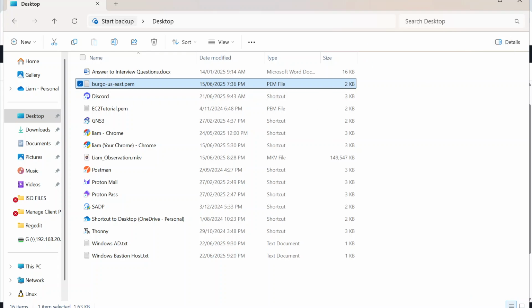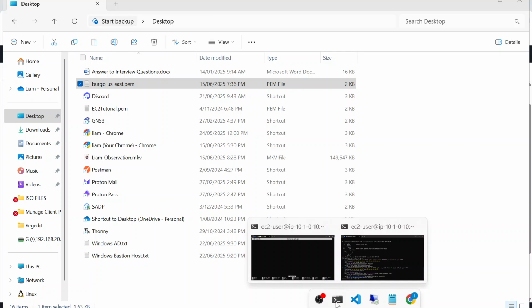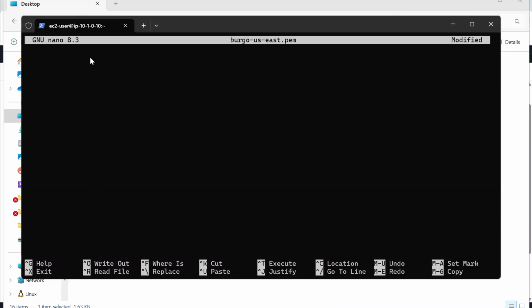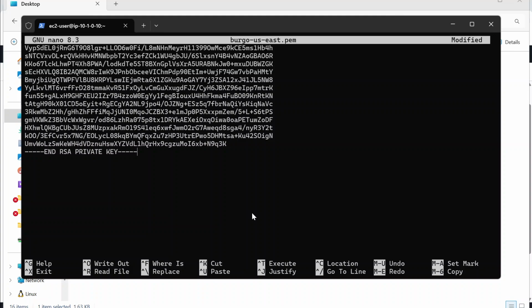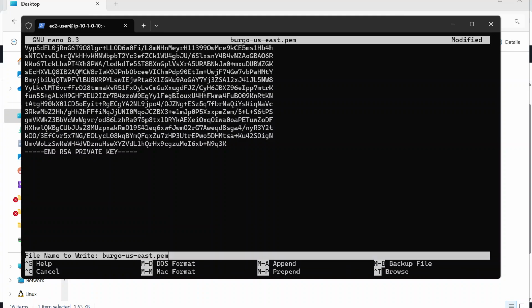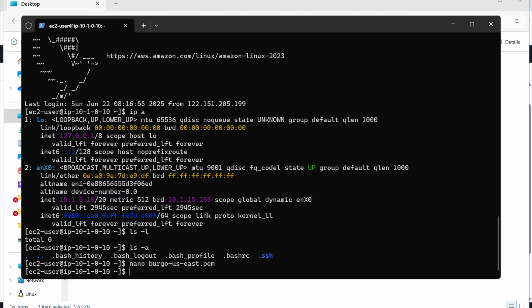Jump back out of here. So we'll jump back into our terminal. We'll put it into our text editor. Control O, enter, Control X. So now I should be able to, with that key,